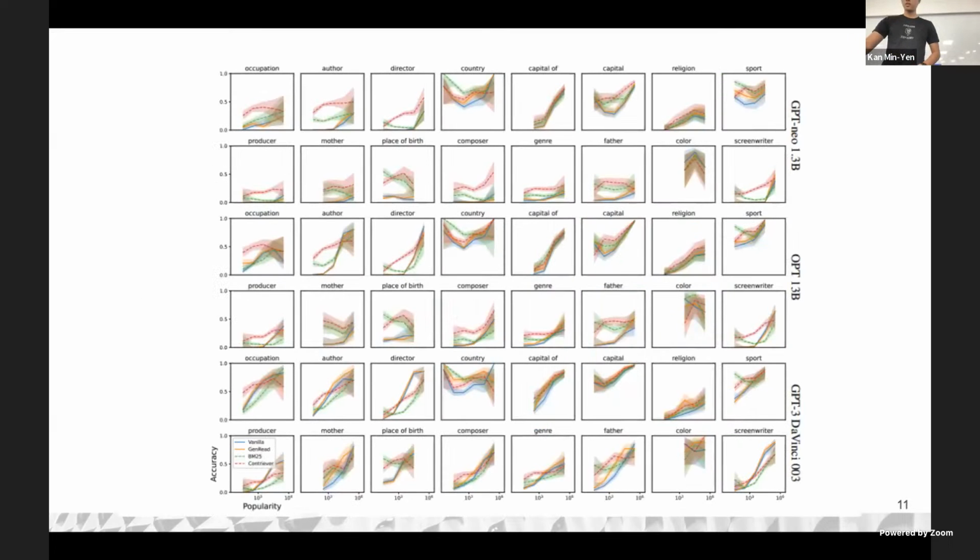Okay, so in short, the results are as follows. The more popular a question, the more accurate a result will be. And they hypothesize that popularity can be a reliable indicator of LM's factual knowledge memorization. The larger the LM, the stronger this correlation. And so how, you might ask, can we achieve better performance? How do we get higher accuracy for all questions, regardless of popularity? Do we make the model bigger? It is found that